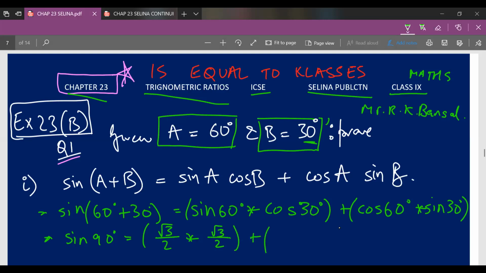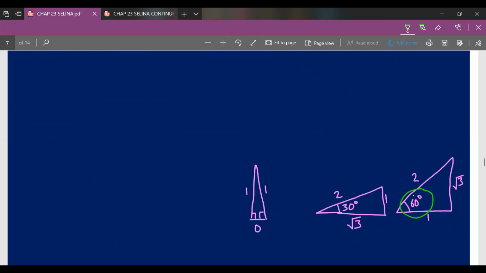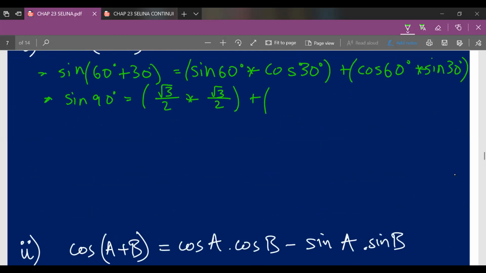So we'll just write that down, plus cos 60 degree. Now the values are reversed, trigonometric ratios are reversed. So cos 60 degree, so for 60 degree we'll scroll down a bit and refer to our same magic triangle of 60 degree here. So cos 60 degree means that with respect to angle 60 degree, tell us base upon hypotenuse, that will be 1 upon 2. So we will write those values down